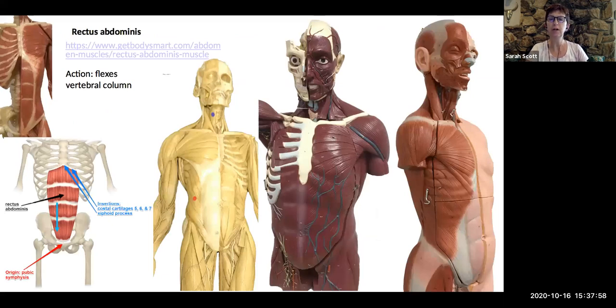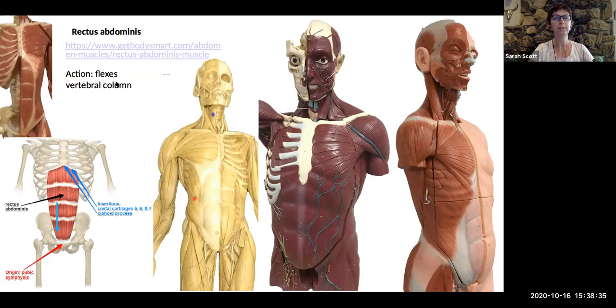Okay, so these PowerPoints are showing you models from the lab, and they do include information on insertion and origin, just to help you to visualize where the muscle begins and ends. You will not be tested on origins and insertions, just on the name of the muscle, locating the muscle on a model or an image, and the actions, all of the actions of the muscle. So again, have your list out to make sure that you can follow along with these and that you understand what the actions are. All right, so we have our 4 abdominal muscles.